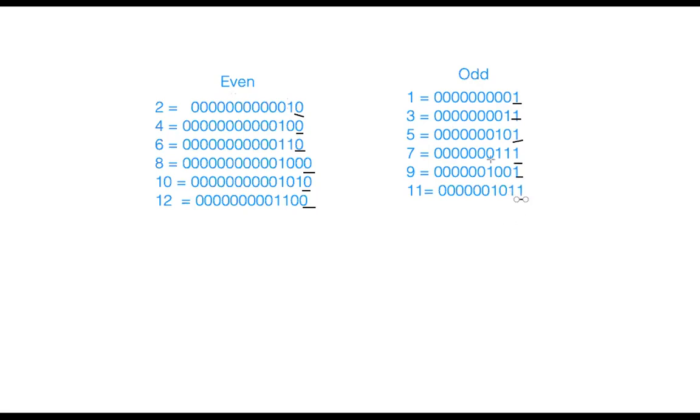So my technique to solve this program should be to only check the last bit. If the last bit is 0, then that number is an even number. And if the last bit is 1, then the given number is an odd number.